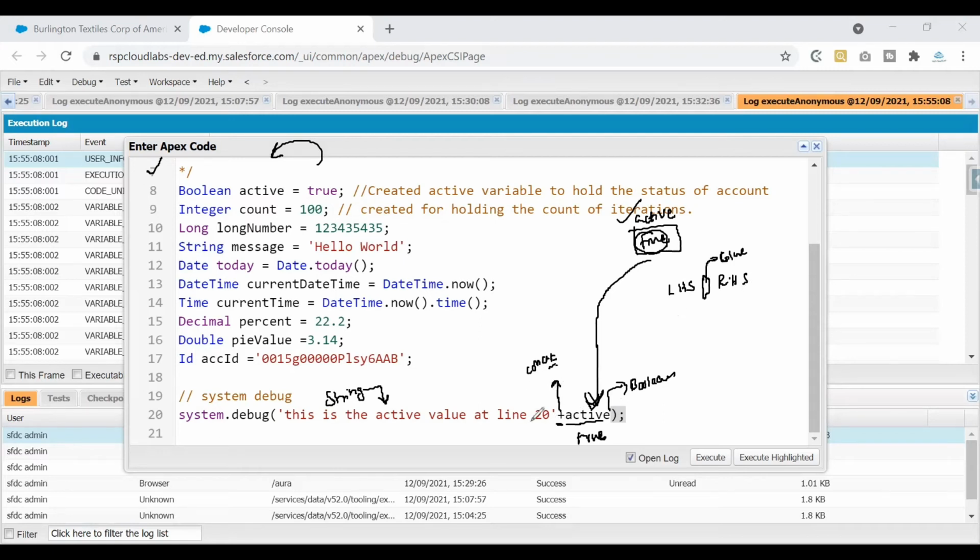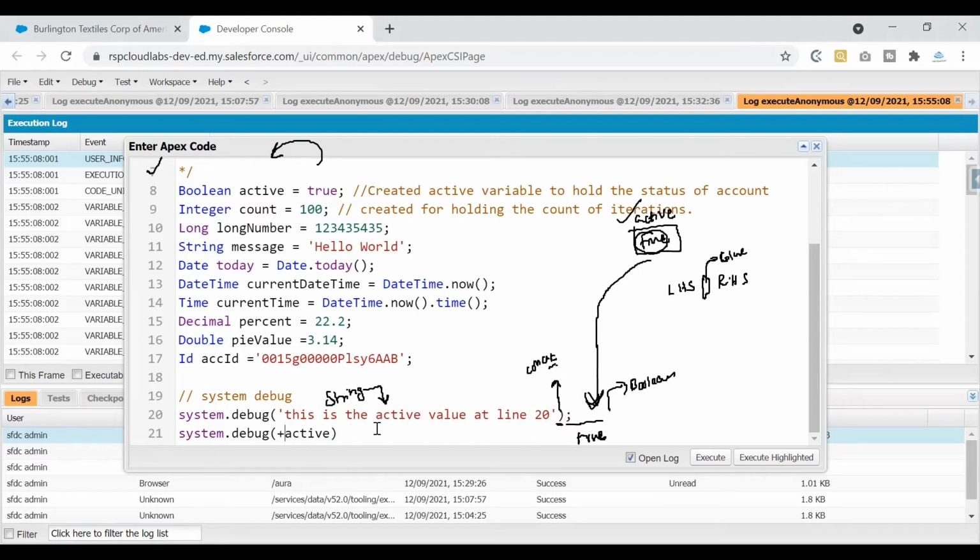So why are we doing it here? I could have written it in 2 lines. I can write this is the active value at line number 20, and I can write another debug log with active, so I can make the changes this way, and write system.debug and paste that value here.